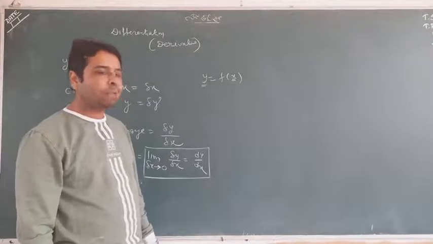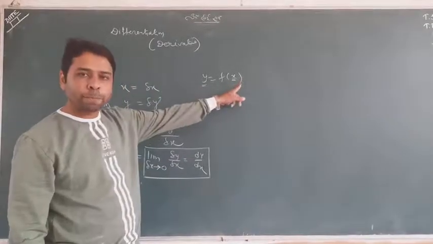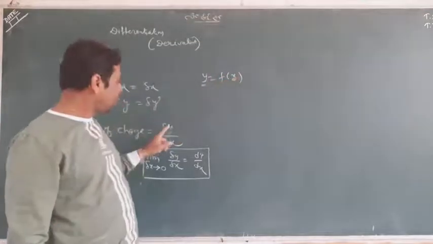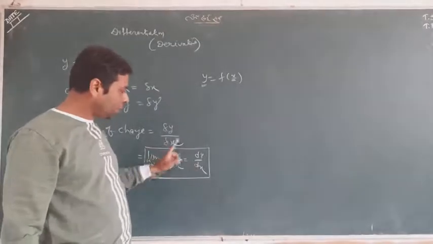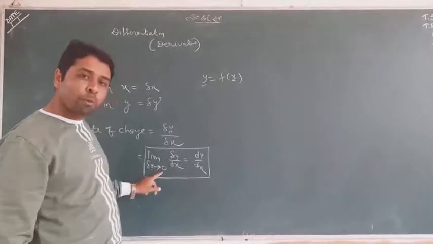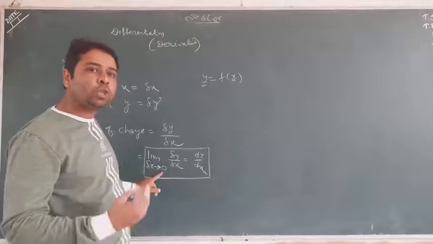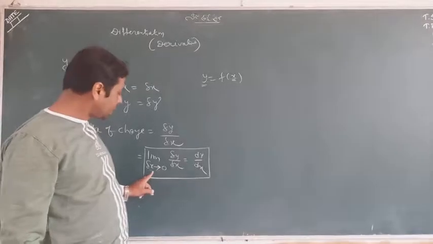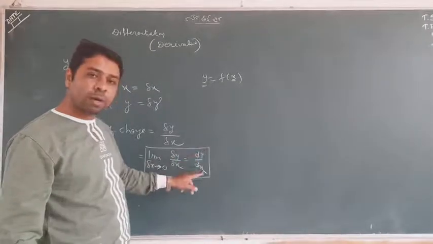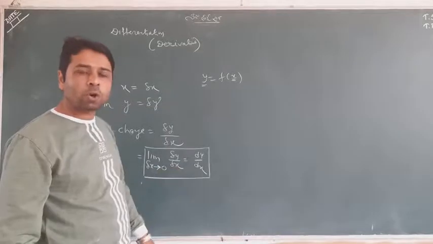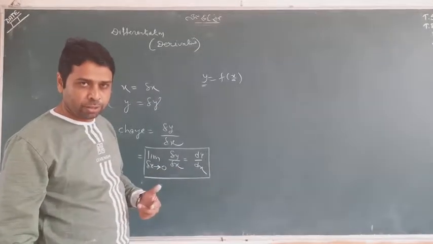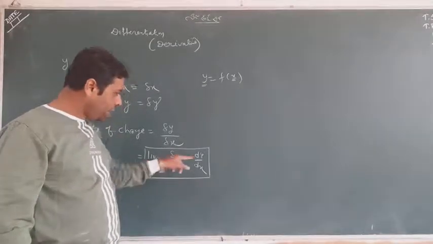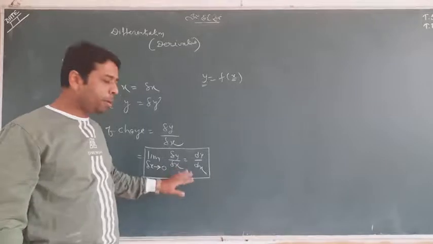Again I repeat myself, y is equal to f of x, my function. The rate of change of y with respect to x is called del y by del x, and this is going to be differentiation when this change is very small. This change is called instant change when del x tends to 0. When del x tends to 0, this rate is going to be dy by dx, and that's why it is called the instantaneous rate. And that rate is called dy by dx.